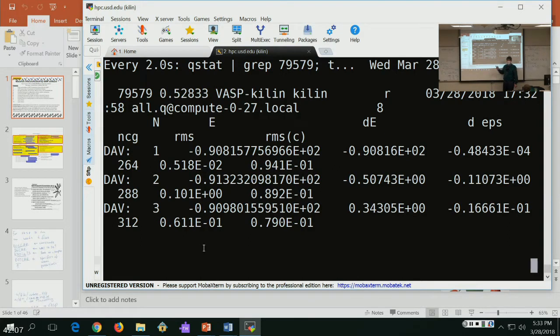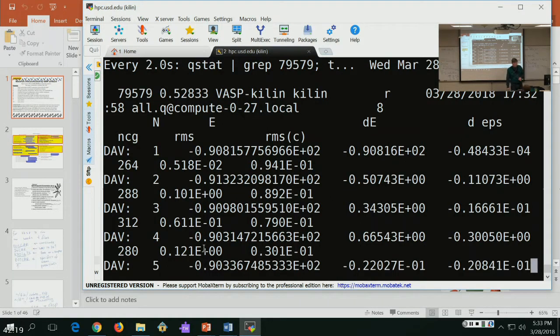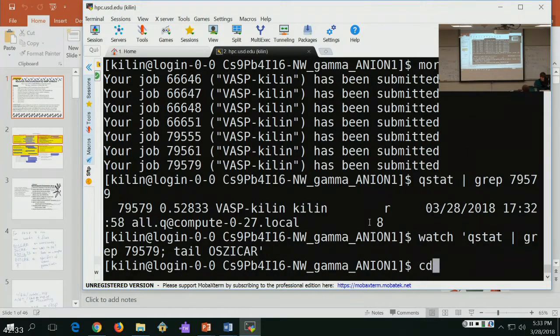Because it is a small system, it updates in real time, and if it comes to number 60, it will stop. Sometimes you reach convergence quicker, so it's maybe a minute. So while it is running, I am returning to